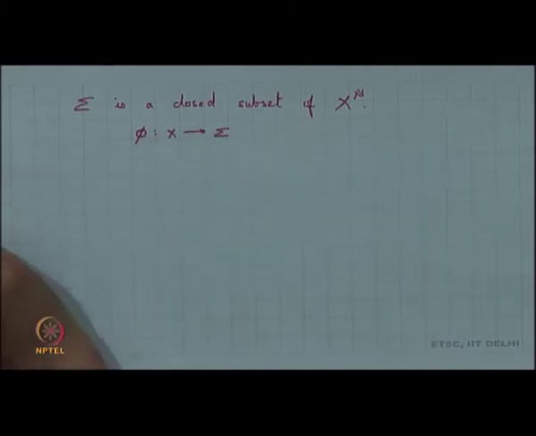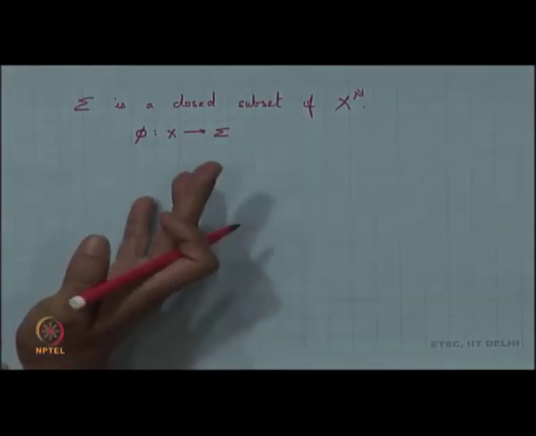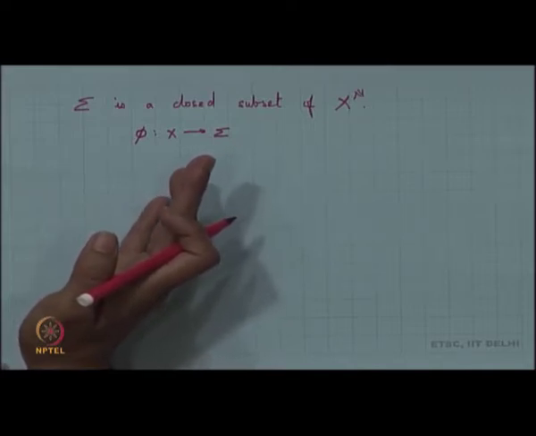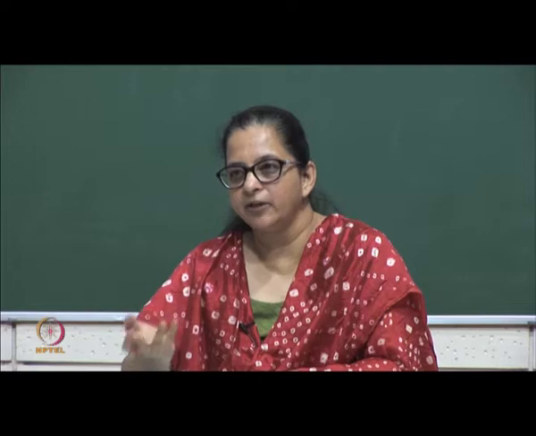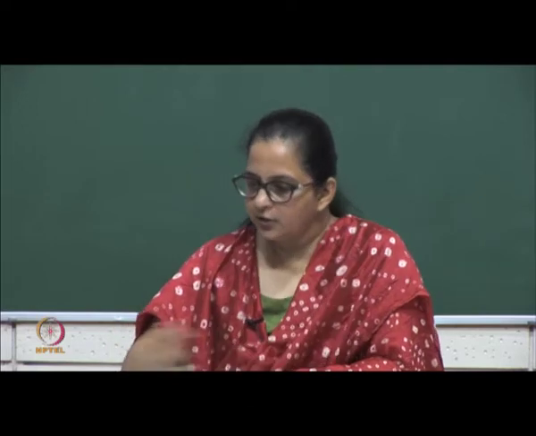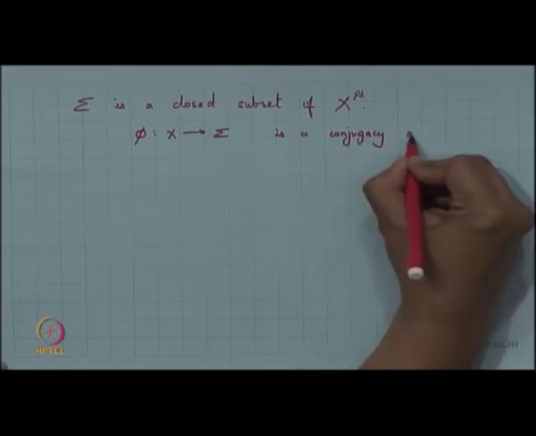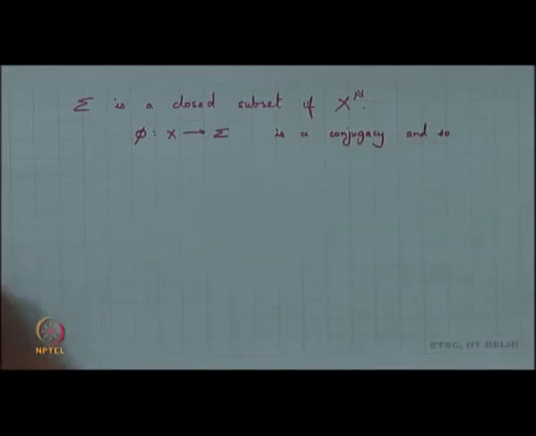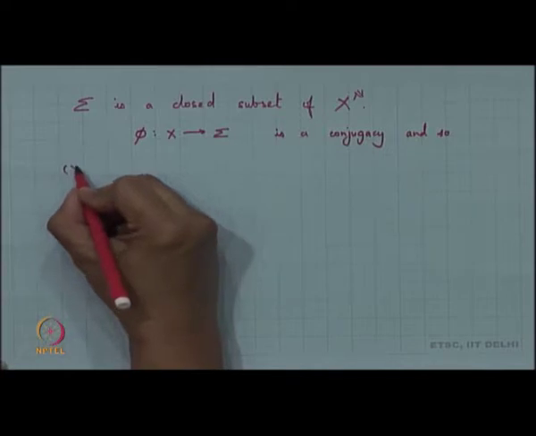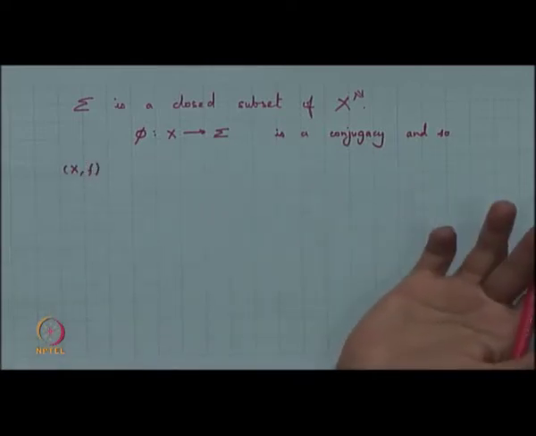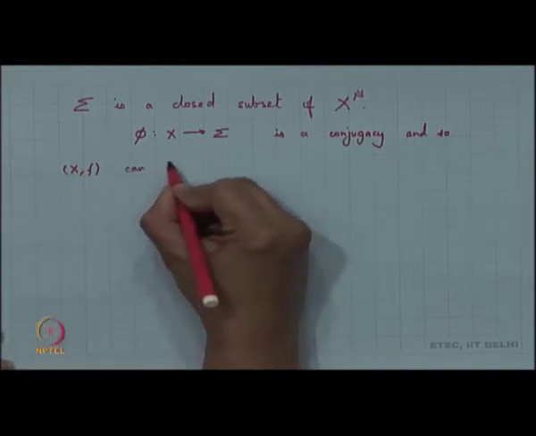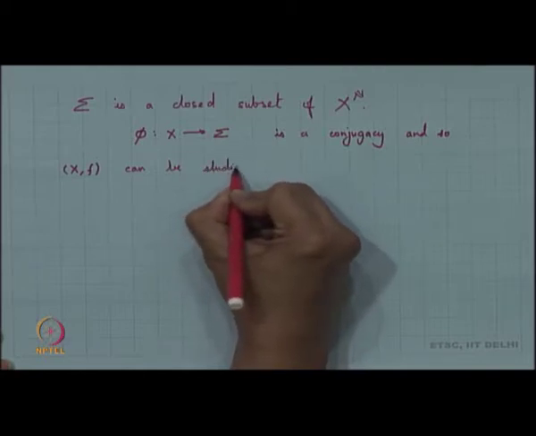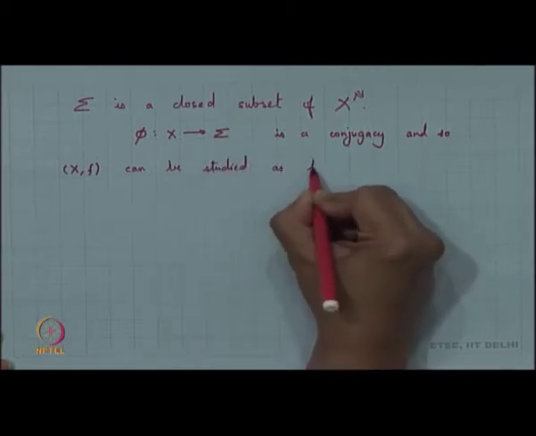Does this give a conjugacy? This is 1-1, and this is basically a surjection. This is a surjection plus continuity, because our metric is dependent on the metric of x, so you get continuity here. So, basically this is a conjugacy, and so what we deduce here is that my system xf, which was any dynamical system, can be studied as the shift space